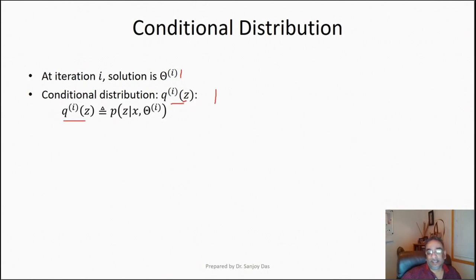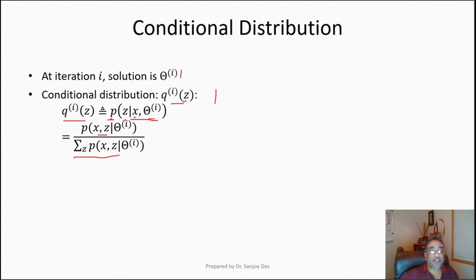Q^i(z), the conditional distribution on the hidden variable, is equal to, by definition, P(z given x, theta^i). So given the current value of the parameters, which is theta^i, and the data x, what's the probability of z? That's the conditional distribution Q^i(z). Using Bayes' rule, this is equal to the joint probability P(x, z given theta^i) divided by the summation over z of P(x, z given theta^i). This denominator is actually simply equal to